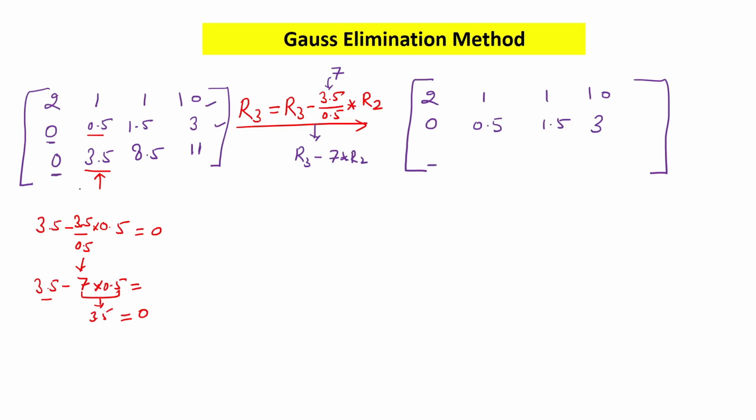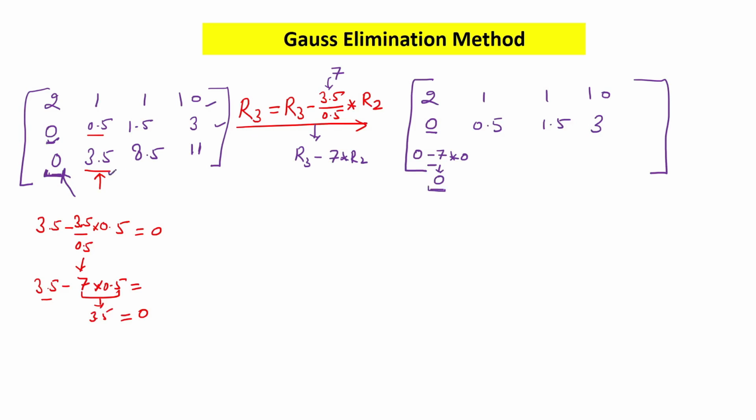Now what will come here? So here we can see here is 0 and here is 0. So this R3 minus 7 multiply this R2 element is 0. So you will see this 0 minus 7 into 0 will come as 0. That means this 0 is not getting changed, and we want this also. That is, this should be 0 and this should be 0. If we apply wrong operation and if we make this 0 as some non-zero value, then our whole previous work will get wasted, because we do not want to change this 0 to any non-zero value again. So you have to be very careful that which row operations you are actually applying.